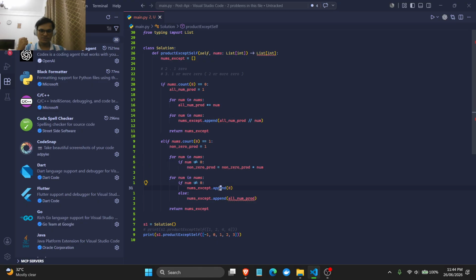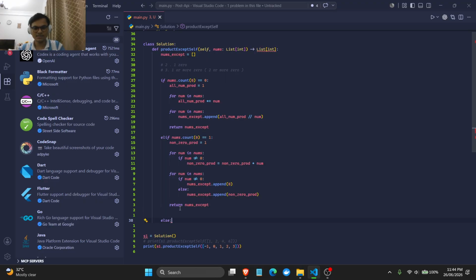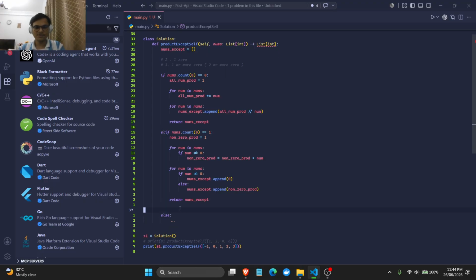If it's not equal to 0, we'll just append 0 for this. But if it is, then we will do 0 prod. We'll just do that. Because if it's 0, then the rest are taken care of, and then the else case is, by the very definition, this is like